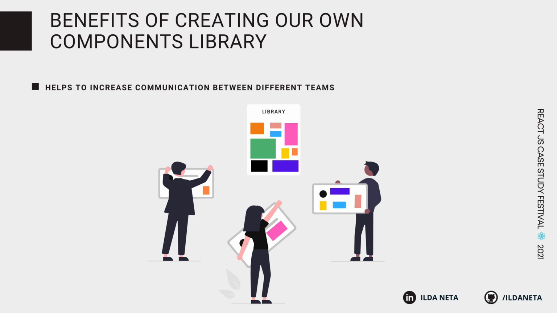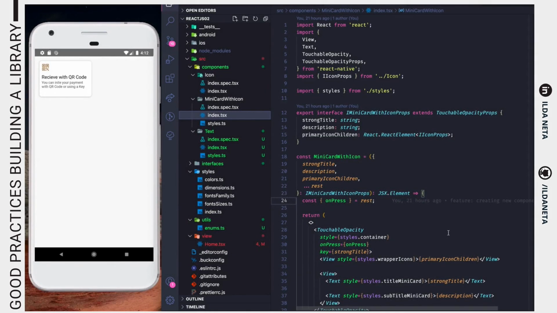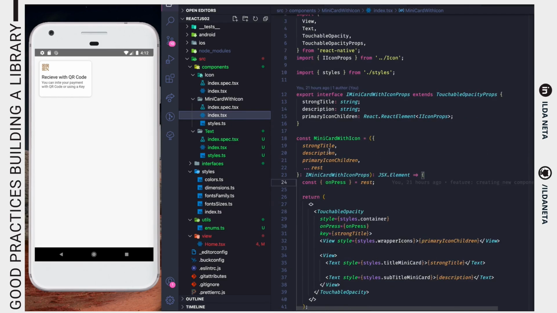And now let's talk about good practices that we can use when creating a components library. I am going to share the ones we used in our project and in our code. The first one was how we named our components. For example, we used MiniCardWithIcon as the component name. This component is shown in the emulator on the left, and you can see that it has a mini card